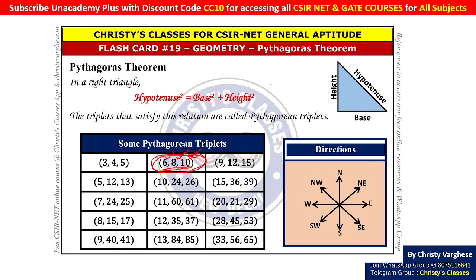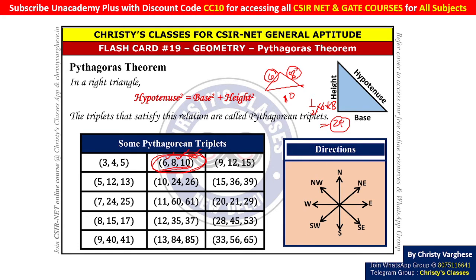And why is that relevant? Because if you know that it is a right triangle, for example a triangle is given with sides 6, 8, 10, and you are asked to find the area, if only sides are given you can use only the formula root of s into s minus a into s minus b into s minus c to find the area. But that is very time consuming. But if you know that it is a right triangle, you can identify this is the base and this is the height. So you can just use half base into height, and that is the answer. That will save a lot of time. So these are two uses of Pythagorean triplets.